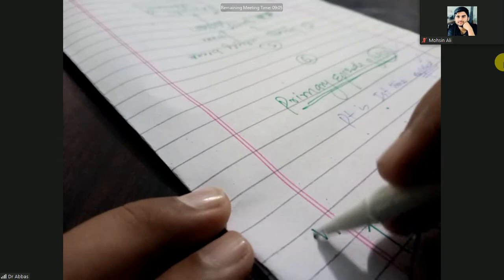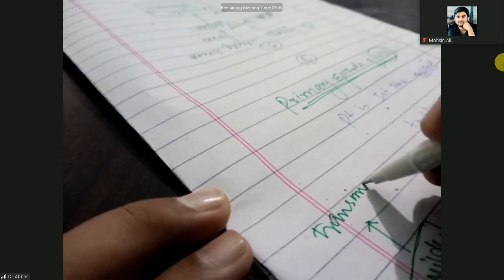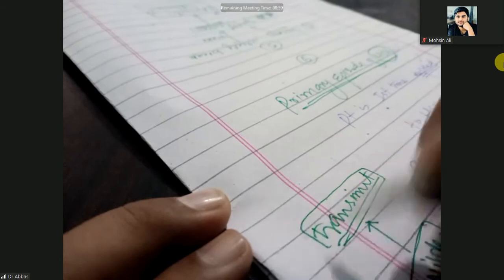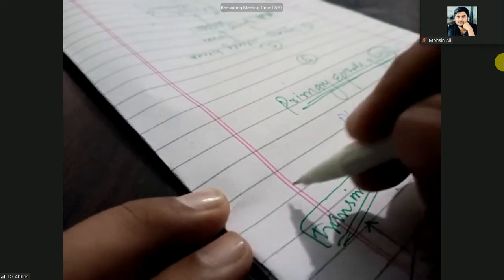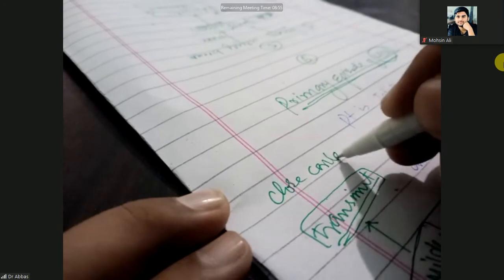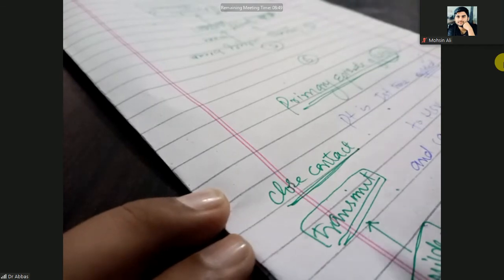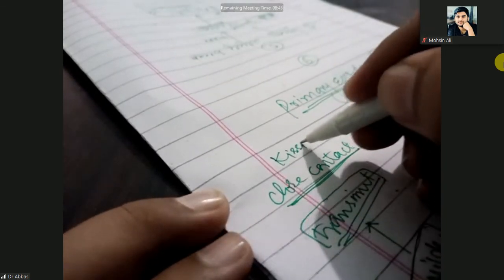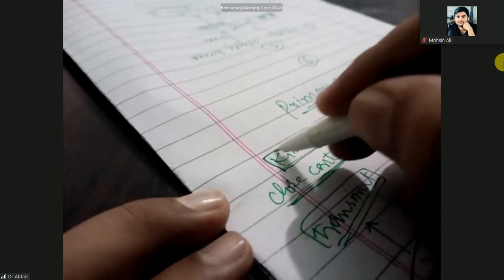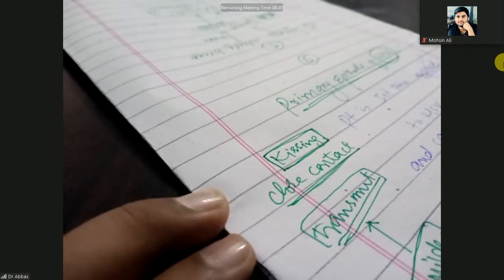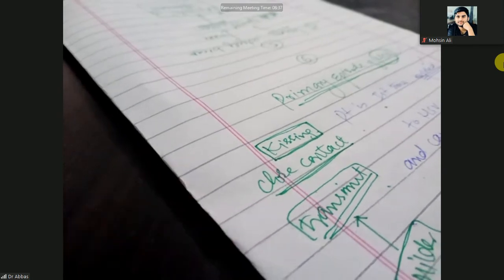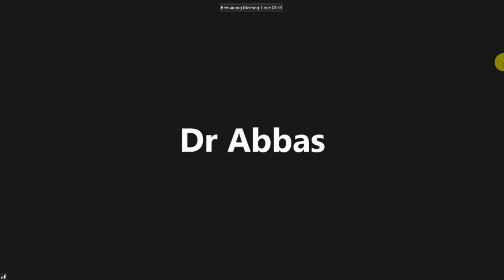So that is the milder form, and then it can transmit. How can the herpes virus transmit? It can transmit through close contact. What is the maximum close contact? You know, it is orolabialis. Close contact means kissing. Actually, it is not the kissing disease. The kissing disease is EBV, but the maximum close contact is kissing. Okay, because this is orolabial herpes. So orolabial herpes can transmit by close contact, and the maximum close contact is kissing. Okay.